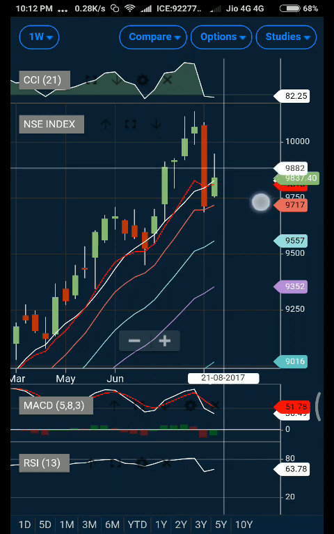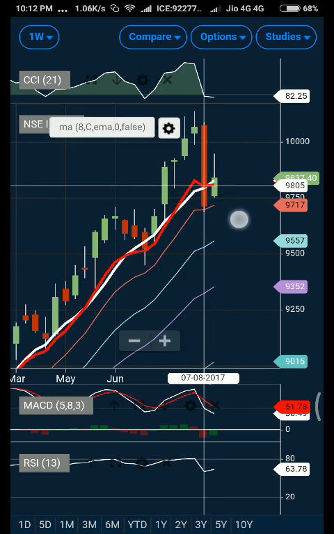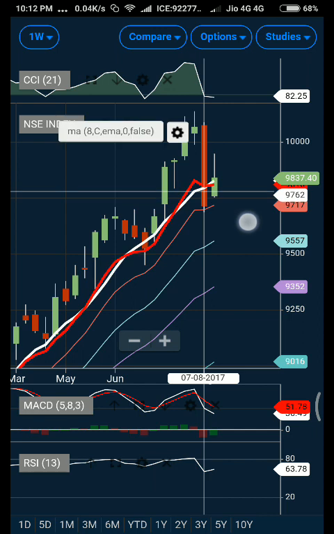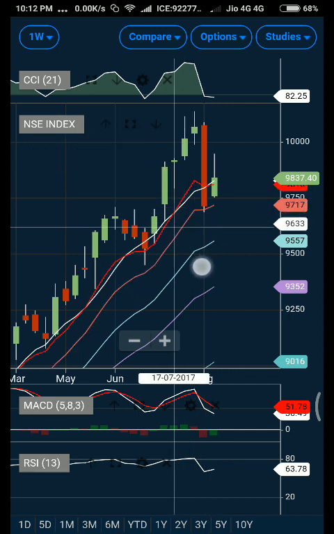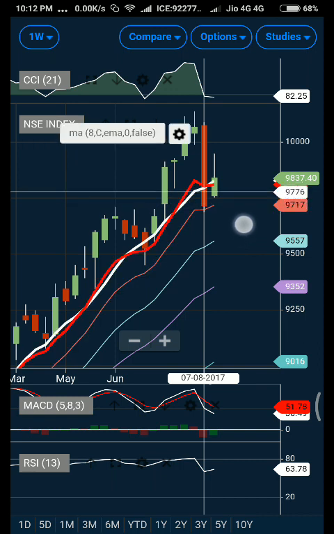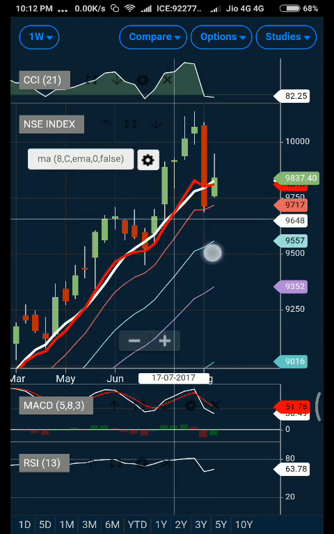If you want to see any upside, first the market needs to break this 9888 level. Unless and until you see the 9888 level being broken, you are not going to see much of a rally in the market. And unless and until this bearish crossover resolves or slows down or weakens, those are the things that we watch out for to decide how much the upcoming trend is likely to continue or weaken. So that was the thing for the moving averages.